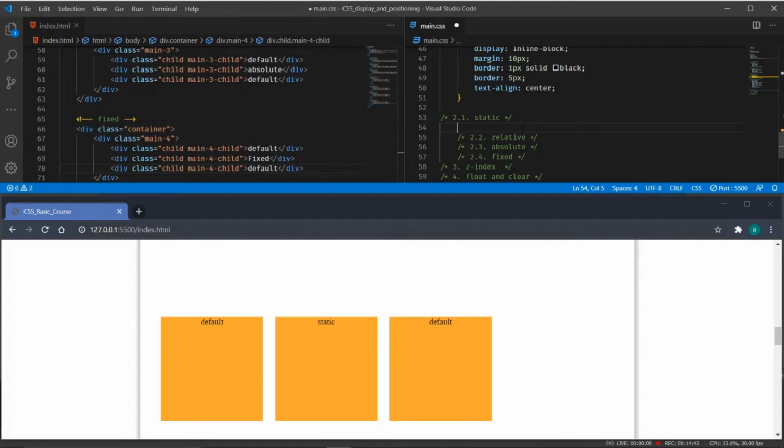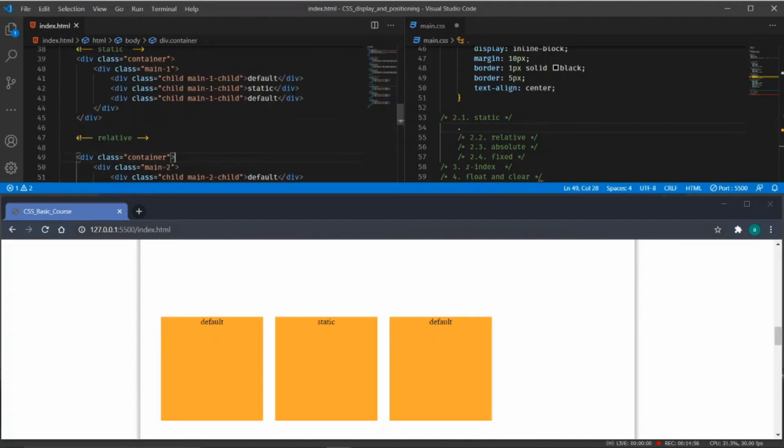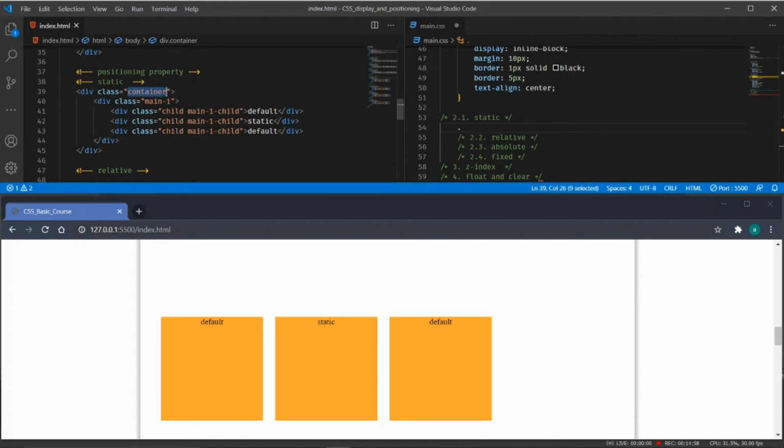So I will target the first main. You can see on my screen in the HTML part, we are using the main 1 container, and using the main 1 container we will target the main 2 child.